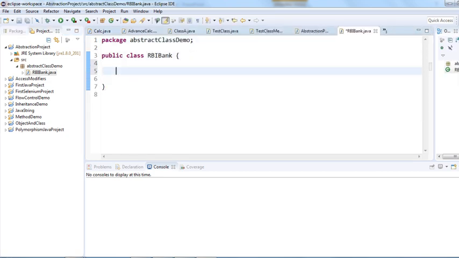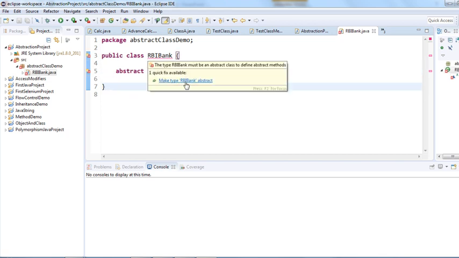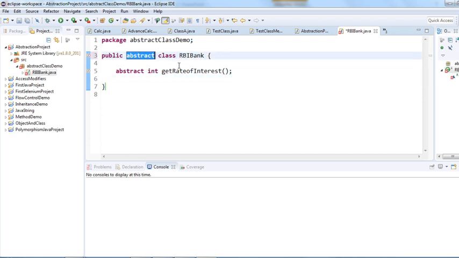In this RBI bank I have one abstract method called rate of interest. The moment we write an abstract method inside a class, that class has to be abstract, so make the type of RBI abstract. So I have declared this class as abstract now, and since an abstract method doesn't need a body,